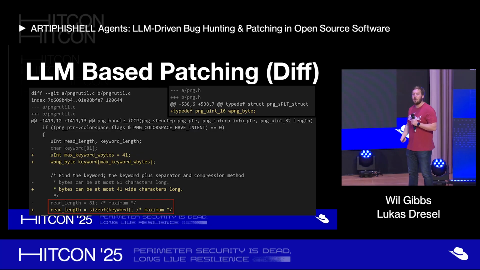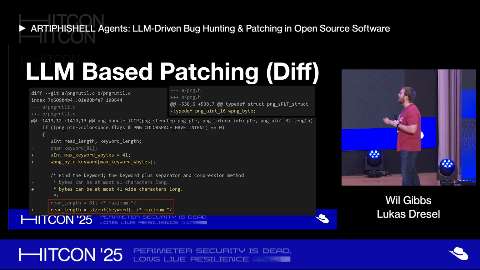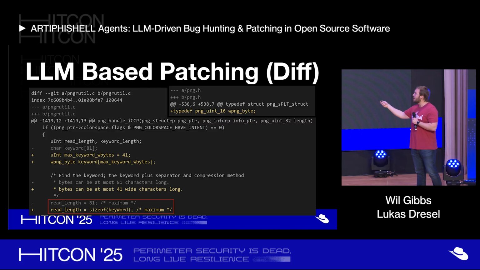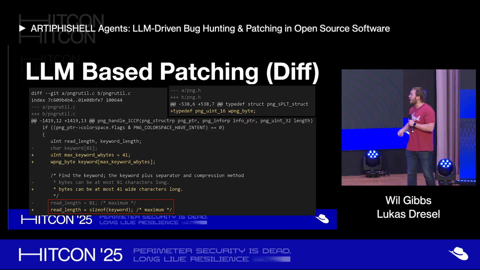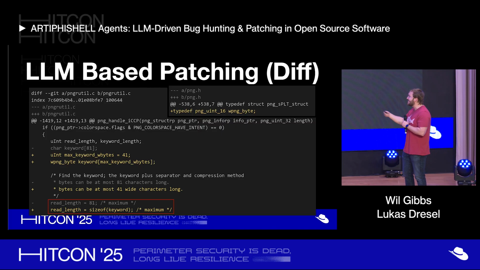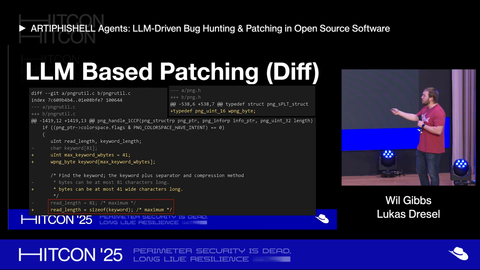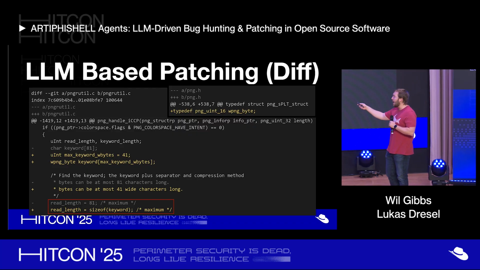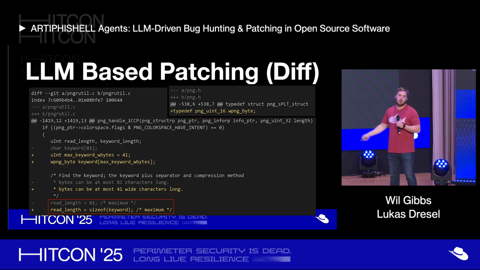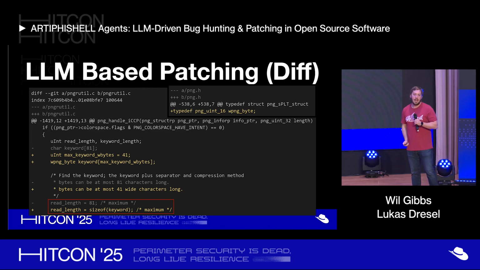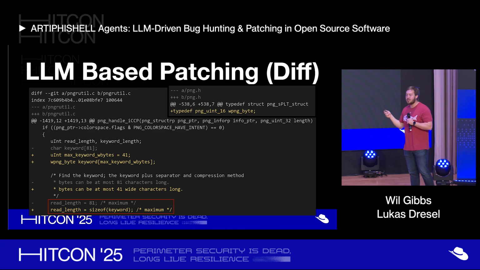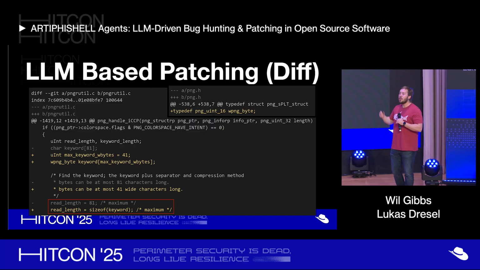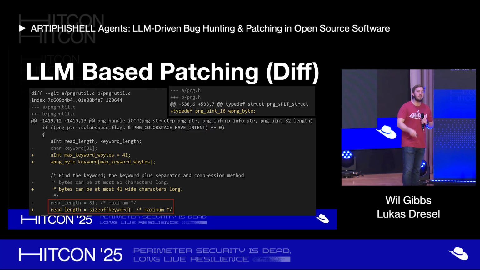Here's a quick example of one of the exhibition challenges, one of the diffs that was released in lead up to the finals, where you can see I have highlighted in red an unsafe use of the sizeof function, where ultimately this will lead to a buffer overflow somewhere. So keeping this in mind, let's say we have a crash that reaches this location. Let's say we have a nice root cause that says, hey, your sizeof keyword, this is a problem, this is an issue. You're getting an overflow somewhere. So what are the steps that you need to take to make sure that your patch is good?